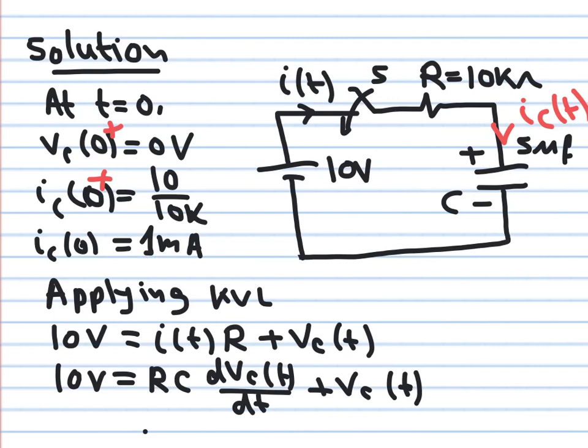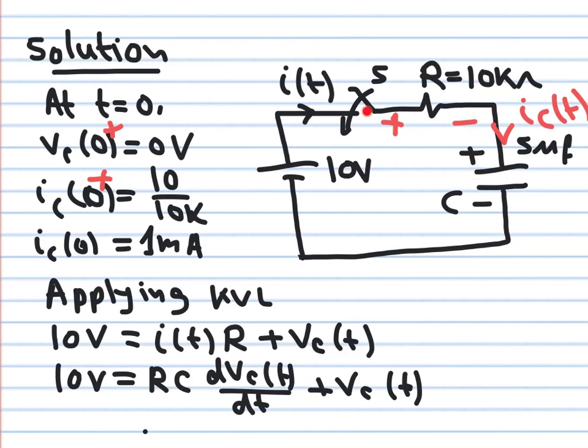I need some initial conditions. And as I explained from that template, you need the initial conditions at time 0. So now let's apply KVL. What does KVL say? That this voltage here would be equal to this drop plus the voltage across the capacitor. So I'm gonna write this one here. This is positive, negative. This is the voltage across the resistor, and this one here is the voltage across the